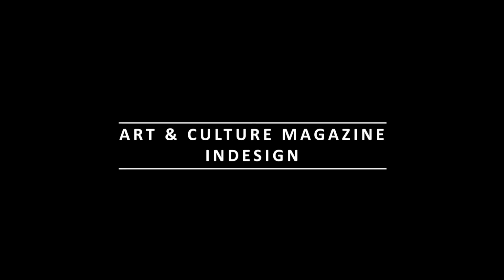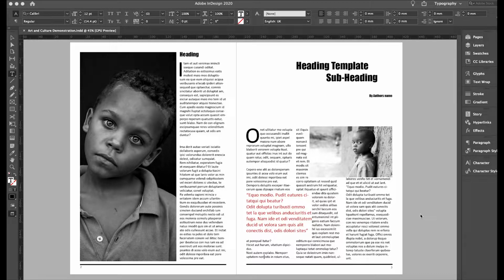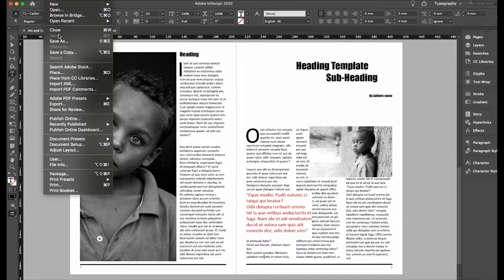So now that we're quite happy with our magazine, the final step in the process is essentially exporting your article to a PDF format as a spread. So instead of being single pages, we definitely need this to be in a spread format. To do that, all we need to do is, within InDesign, go up to File, and we're looking